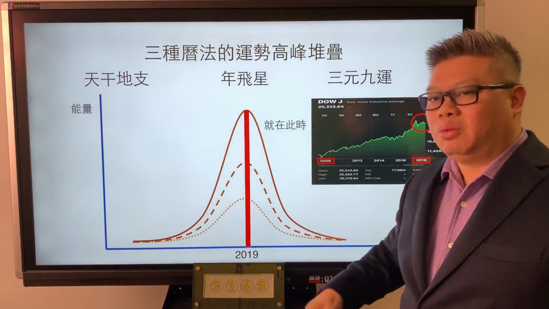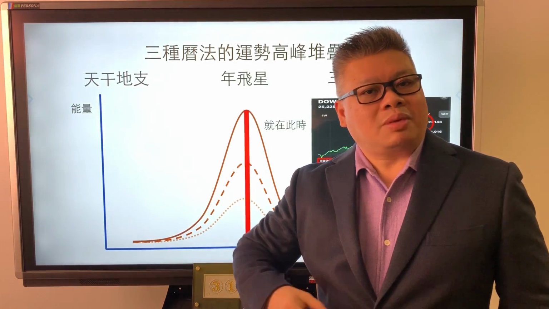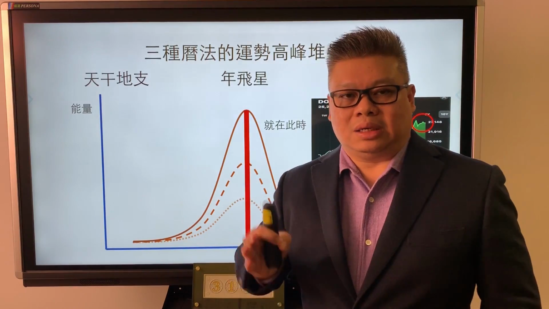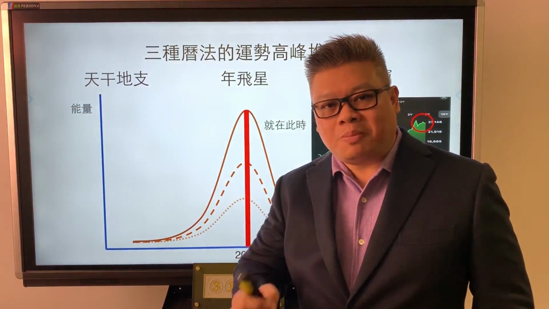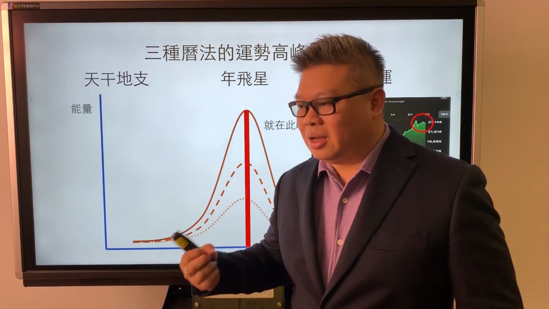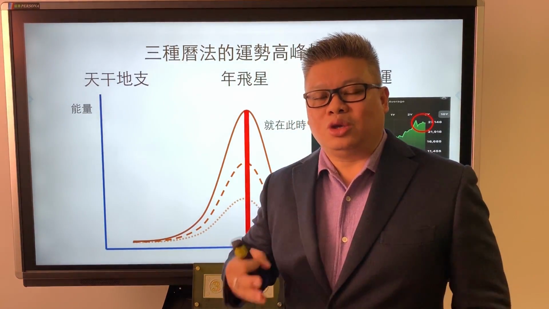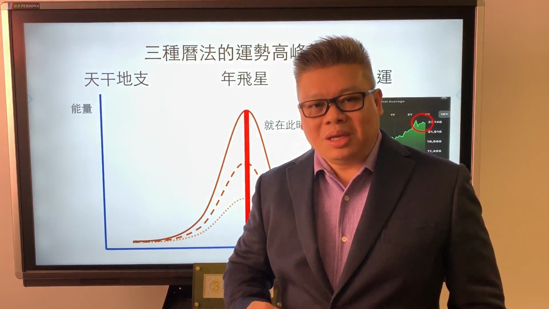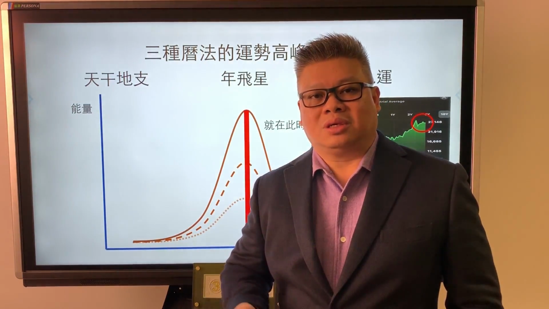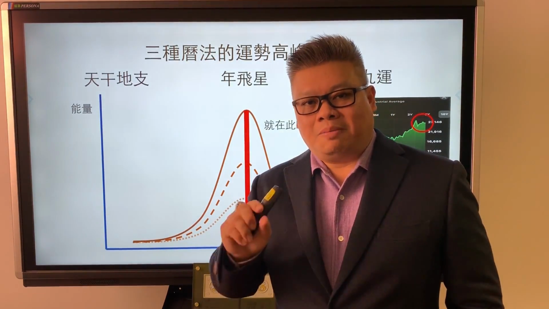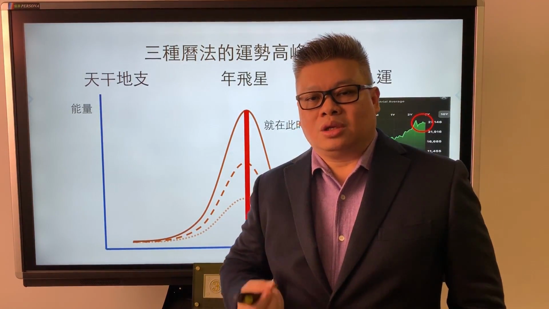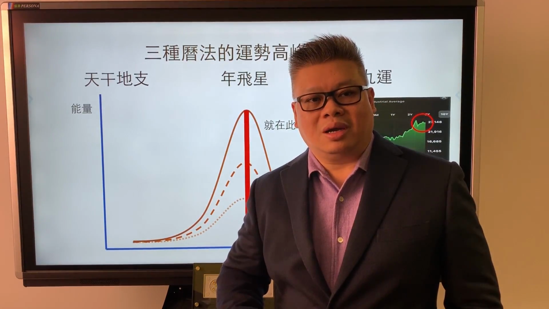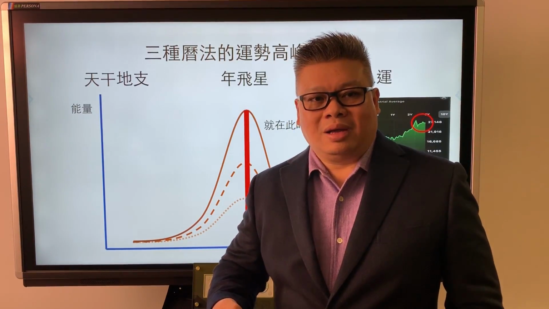Okay, so the energy level will probably peak, but after the peak, what will happen? Obviously, something will go down. So we need to know when it goes down, so that we know when to pick up the good stock. Like a lot of experts say, when do you enter the stock market? When you see blood in the street, meaning most of the counters will go down. So we need to pick this particular juncture in order to go into what we call a once in a lifetime opportunity. This will not occur again and again.